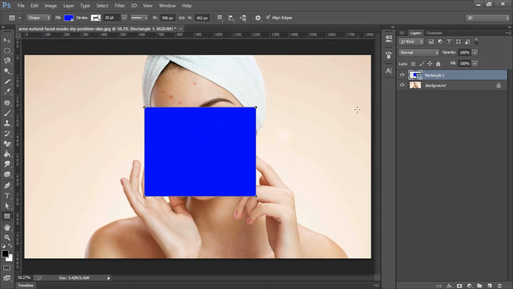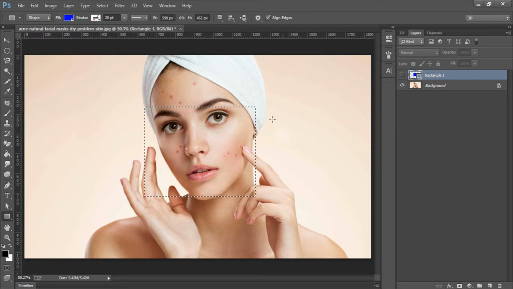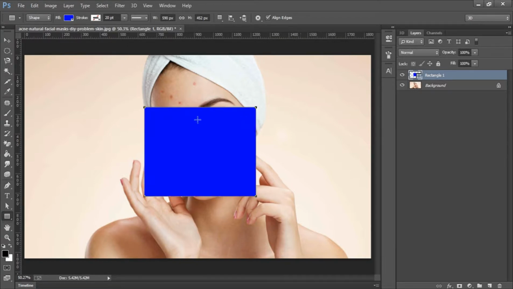Okay, now if you hold down the control key and you click on this part here, this is for every layer. It's not just the rectangular tool. It's going to create a selection. So if I toggle this visibility off, you have the selection. So in case you want to know, you could use that one too. So let me just delete the rectangle